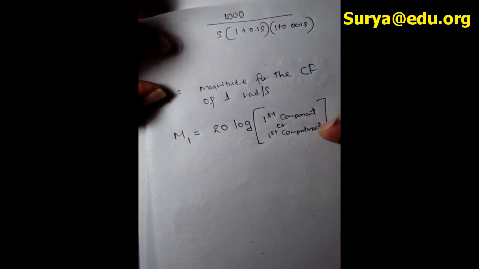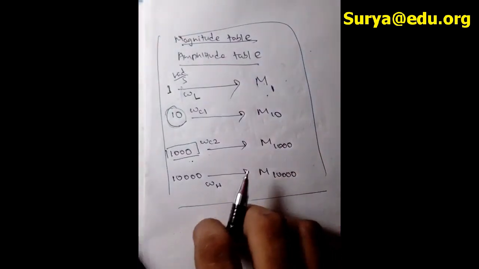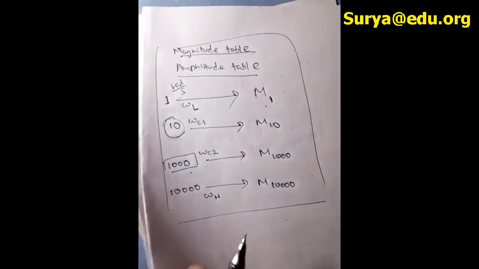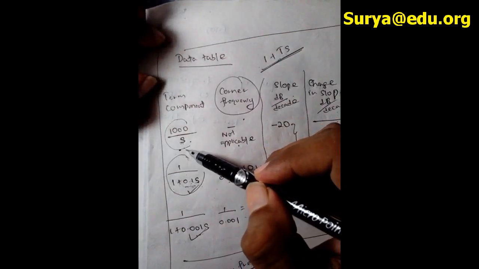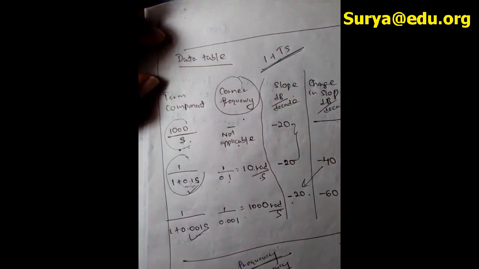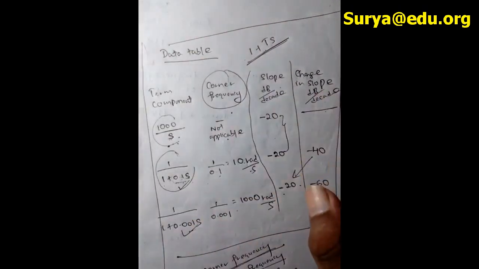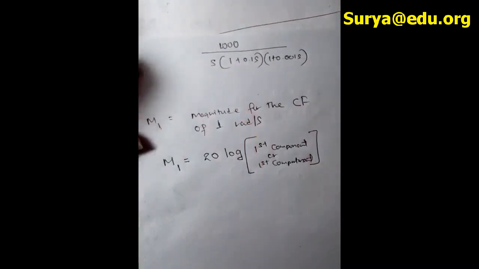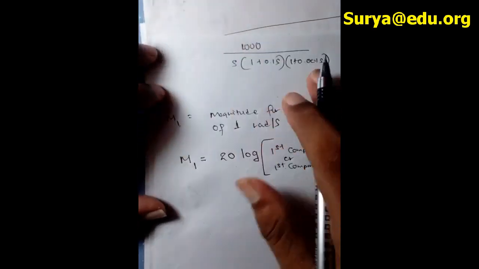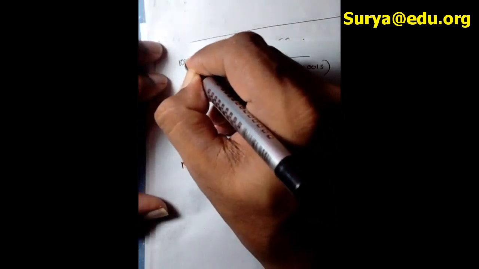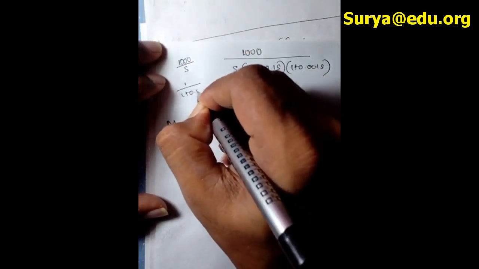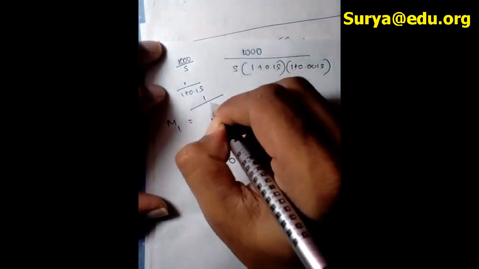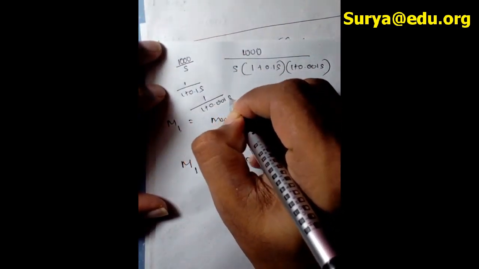So now, can you remember what is our first compartment? Again, when you go back to the calculation, you can see this is our first component, or our first compartment. I hope you can remember this. If you don't, I will write it at one corner. The first compartment is 1000 divided by s. The next one is 1 divided by 1 plus 0.1 s. The next one is 1 divided by 1 plus 0.001 s.